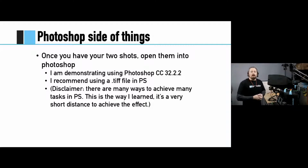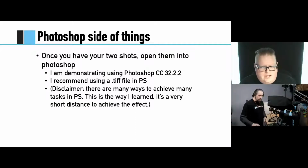I recommend using a TIFF file in Photoshop. So from Capture One, I would export TIFF files to take into Photoshop. They maintain a lot of the resolution, and I don't have to deal with RAW whilst I'm establishing in Photoshop. So let me get over to my...